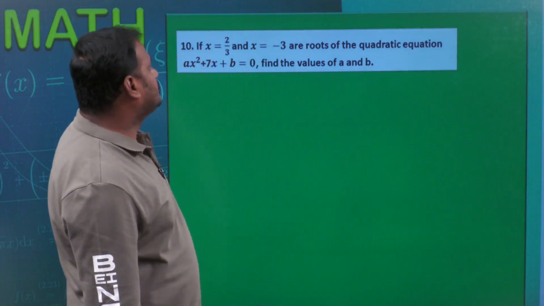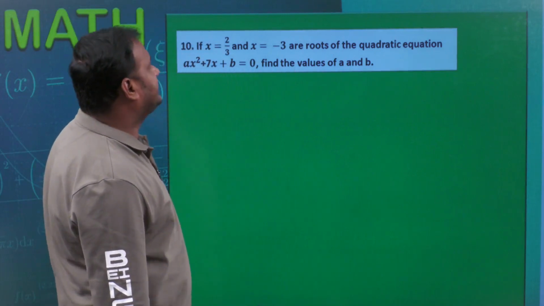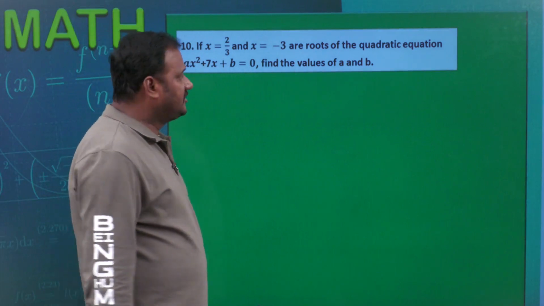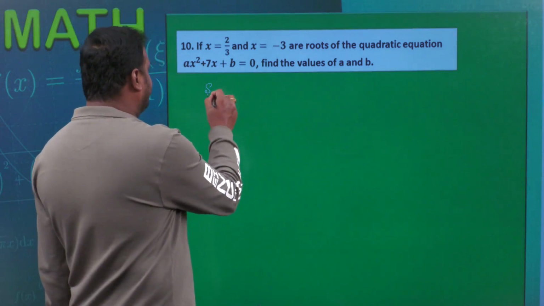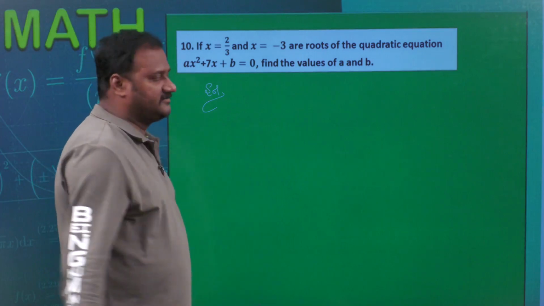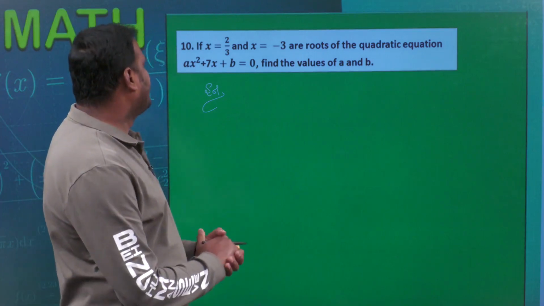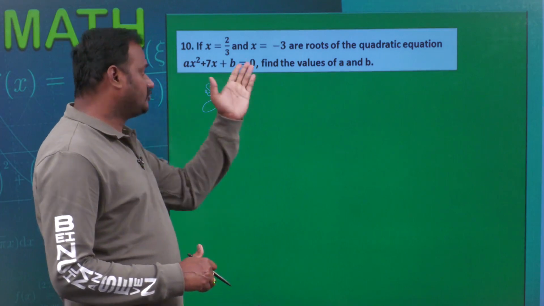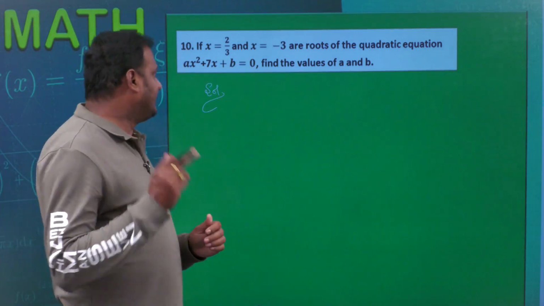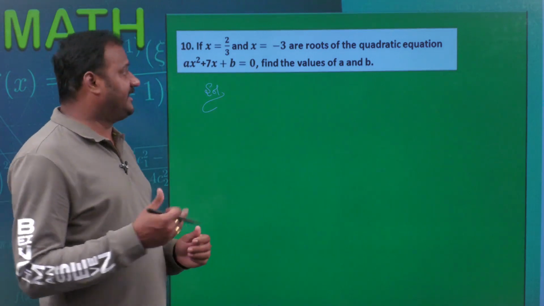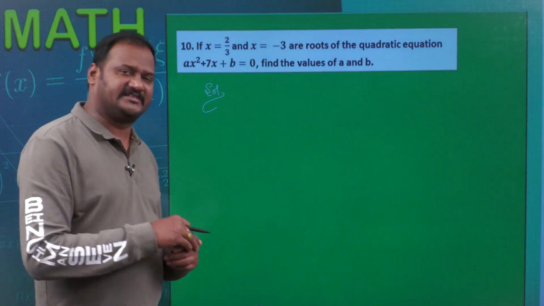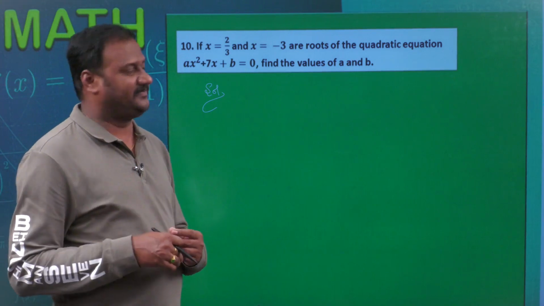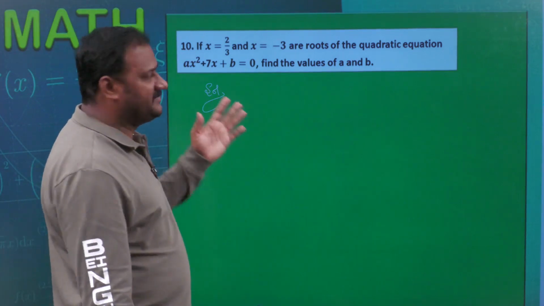If x is equal to 2 by 3 and x is equal to minus 3 are the roots of the quadratic equation ax square plus 7x plus b is equal to 0, then find the values of a and b. There are a few methods to find this. You can substitute 2 by 3 for x and get an equation in terms of a and b. Again you can substitute minus 3 for x and get one more equation in terms of a and b. Then you will have to solve them. But instead of doing all these things, since it is a one mark problem,